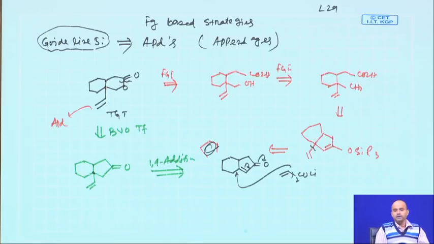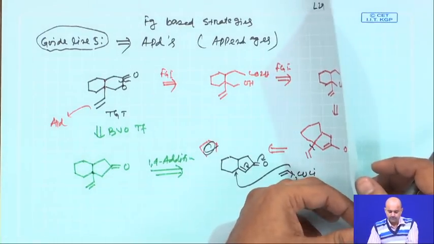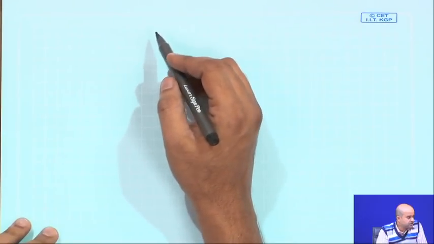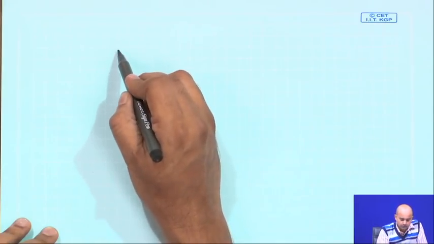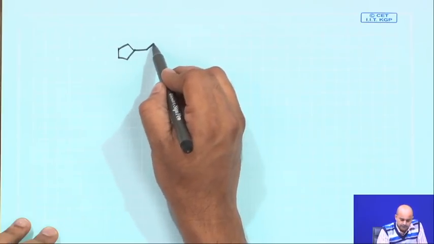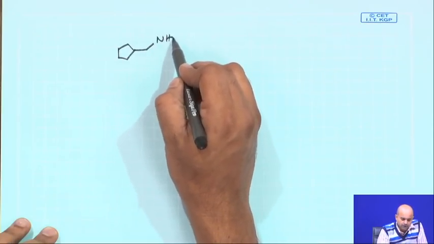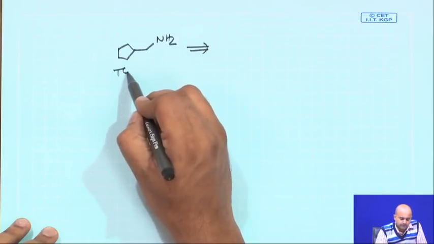So, appendages are normally introduced at an early stage or late stage depending on your functional group requirements, and you can basically think about introducing appendages at any point of time based on the appendage structure. So, the next couple of problems which we will now discuss will have similar appendage disconnections, where the appendages also contain some functional group. Like this particular molecule, we say is a target molecule,